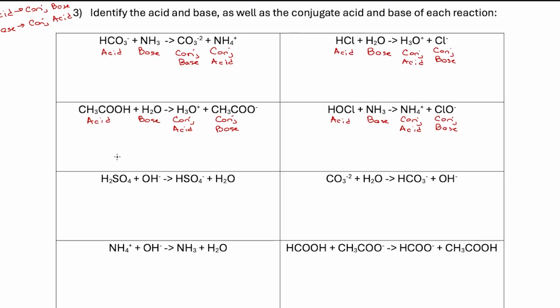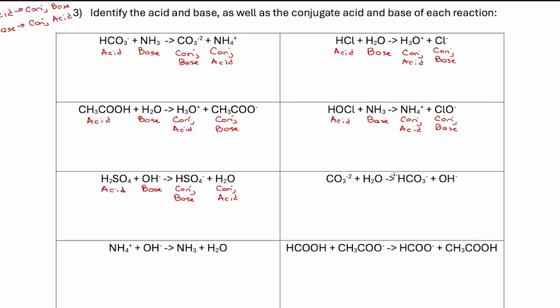Now H2SO4 and OH minus, you don't even have to look at the end product. I know that H2SO4 is sulfuric acid. This is a strong acid, and so virtually all the time it's always going to be the acid, and OH minus is your classic base, right? That is the hydroxide ion. And so when it loses a proton, it becomes a conjugate base. This is your sulfuric acid, and then water becomes your conjugate